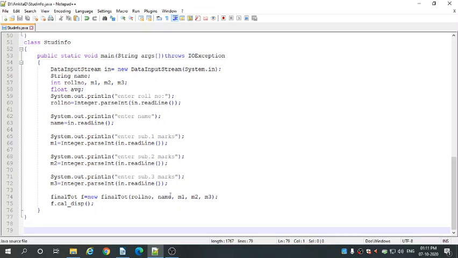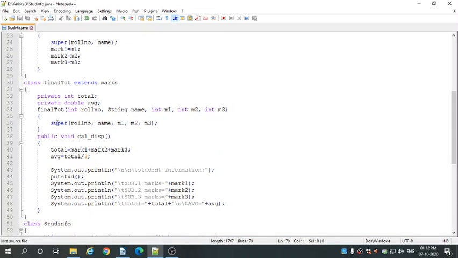Finally, we have created the object for the FinalTotal class. FinalTotal f equal to new FinalTotal, and we are passing the values, that is rollno, name, m1, m2, m3. It is calling the FinalTotal constructor, and in this constructor we have written rollno, name, m1, m2 and m3.